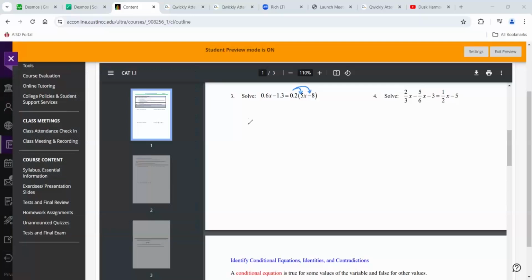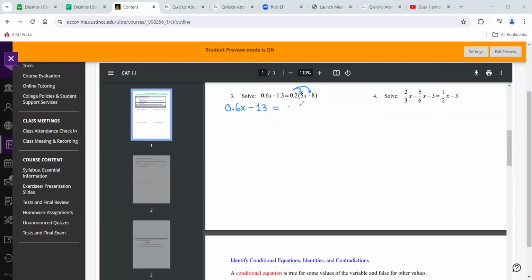So I'm going to copy 0.6x minus 1.3. So 0.6x minus 1.3. Copy the equal sign again. And then on the right-hand side, we are going to multiply the coefficient or the factor 0.2 with the two terms inside the parentheses. So 0.2 times 5 gives us